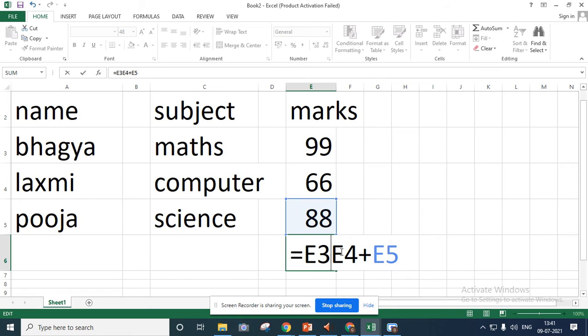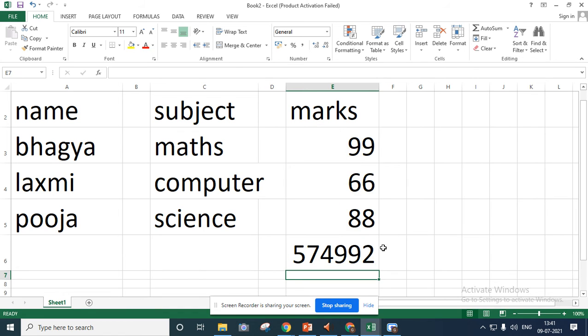Multiplication. Which symbol do I have to use, which operator is that? Star. We are going to use the star, that is the asterisk. So here I'll write the star symbol. Just click on enter. It is giving the multiplication of all these three numbers. This is how we are going to find the numbers after creating the table.